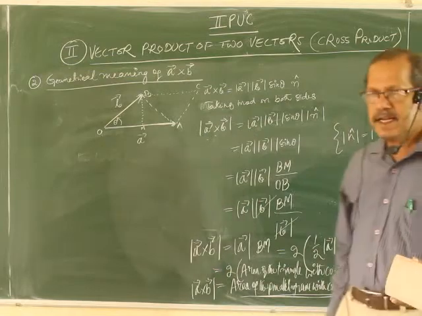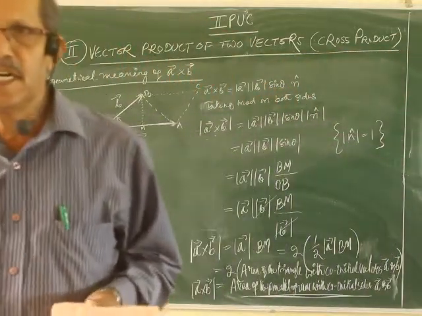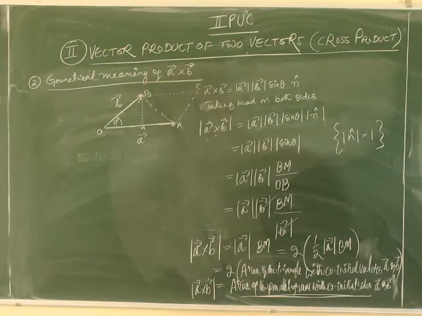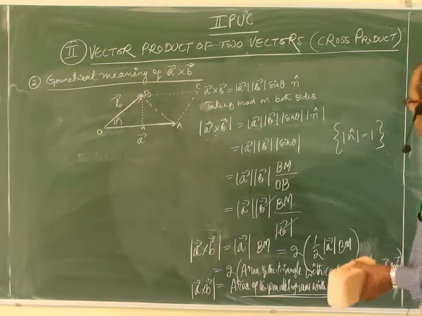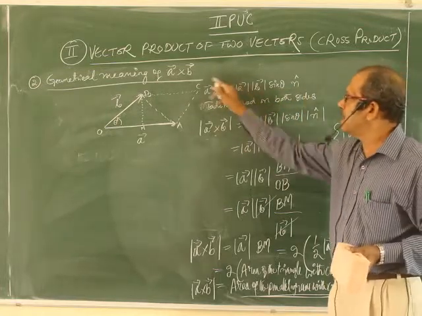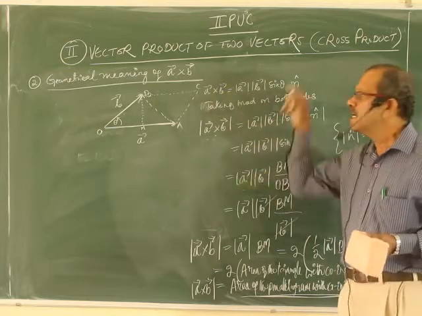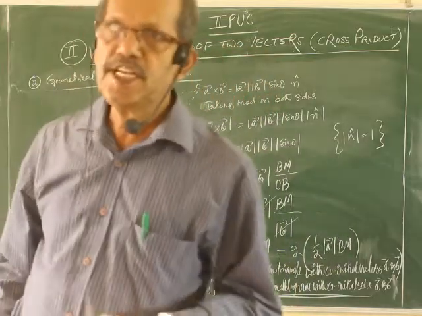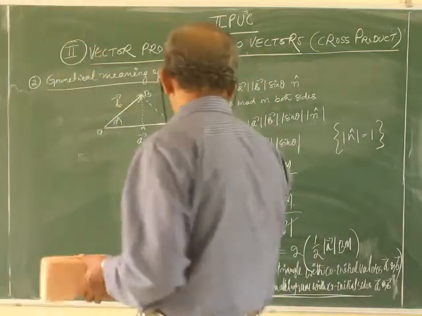Okay, make it clear because these are very complicated ideas. See the derivation and explanation carefully again and again. The vector product of 2 vectors is A cross B, mod A mod B sin theta with the n cap. But when you find A cross B and take the modulus of that, actually what you get is the area of the parallelogram with the co-initial sides A and B. Okay, anyway, next.